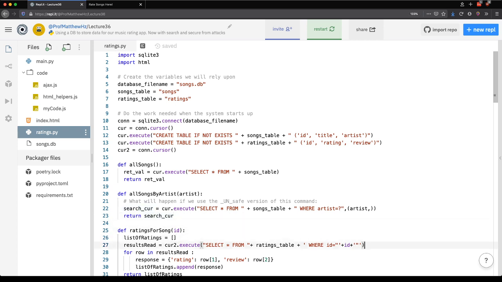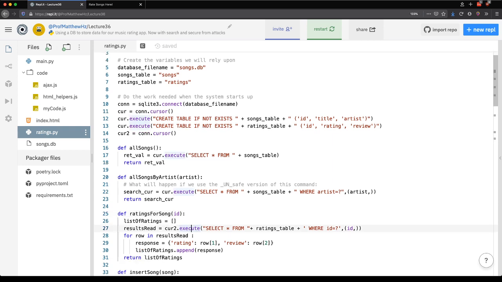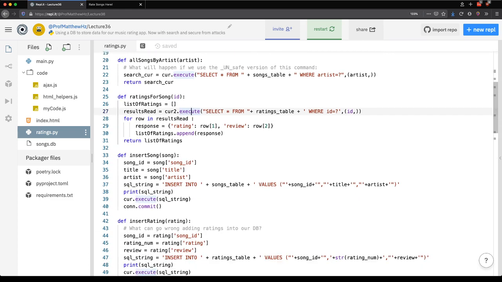You can see we've got another statement here. We don't want to do that again, so we'll use a question mark and then add our ID. And so having changed this version, this ratings for song, I'm going to make this change because it's easier. But if we think about where this is called,